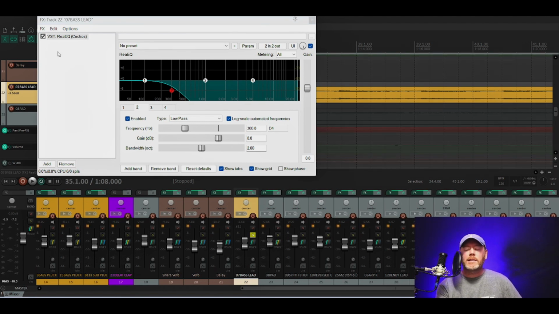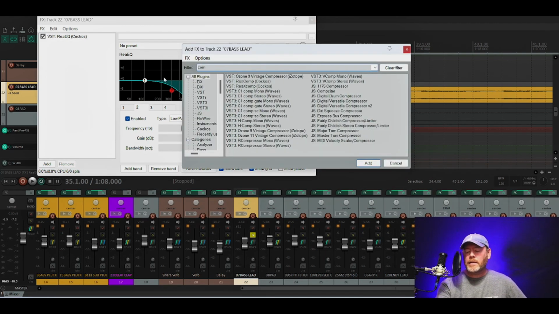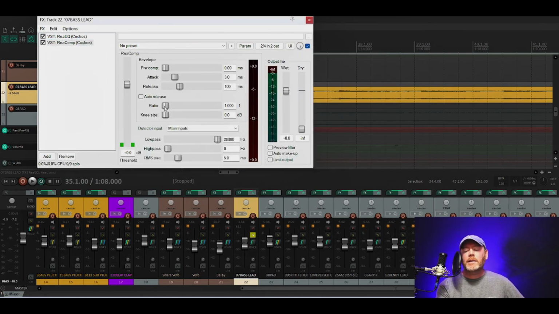I'm going to solo this so we can work with just the bass, so you can see what I'm doing. On this track, I've got just consistent low end, and I'm going to grab a stock compressor and move the ratio up to say 3 or 4 to 1. I'm going to move the threshold down and catch the peaks of this bass, because I want a solid, consistent low end. So as I play this, you'll see that